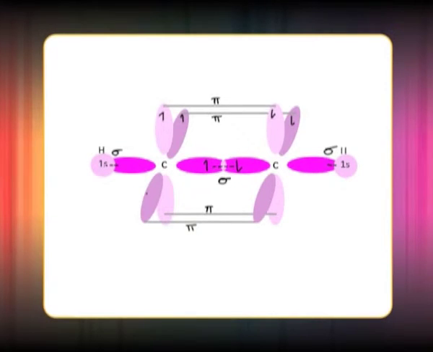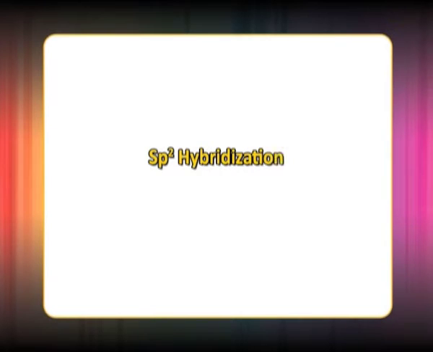Similarly, there is another molecule called acetylene which is also sp hybridized at its carbon atoms, having a bond angle of 180° between hydrogen, carbon, carbon and hydrogen. Another type of hybridization is sp2 hybridization. Intermixing of one s and two p orbitals of almost equal energy to give three identical and degenerate hybrid orbitals